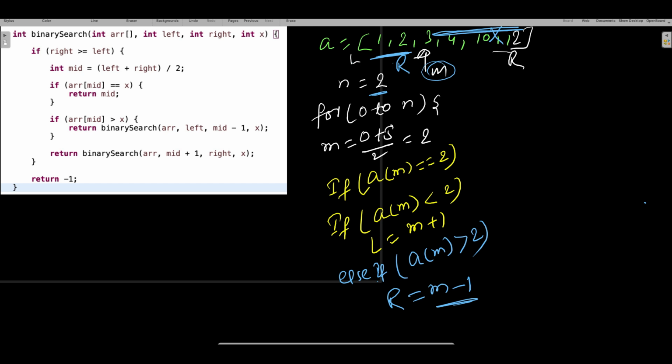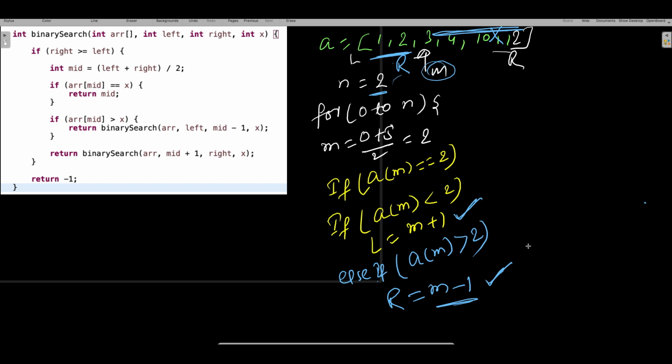If you go and find the middle now, it is going to be (0 plus 1) by 2, which is equal to 1, and 1 is 2, and 2 is the number you are looking for. So this we call iterative, and you got it. In the first example, we have to do m plus 1 and then m minus 1. This is the two things you need to take care of.